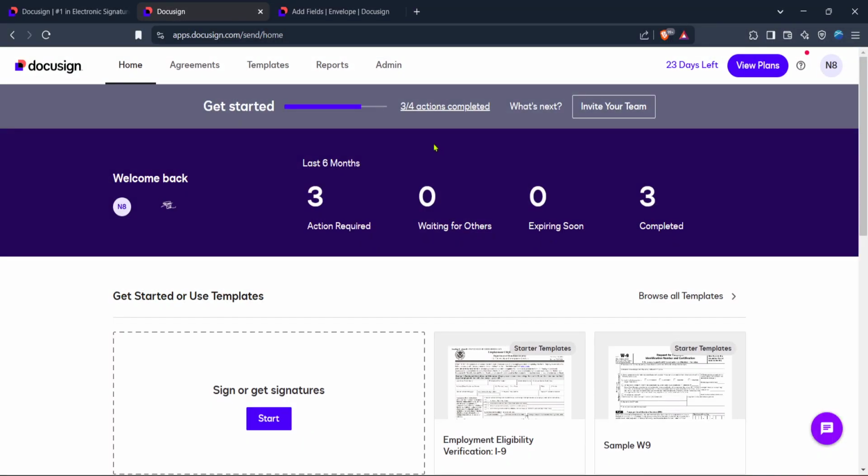Next, from the DocuSign homepage, you'll need to locate and click on the Admin tab. The Admin section provides you with the necessary administrative options that you need to set up integrations such as this one. Having access to the right administrative privileges is key, so if you're not seeing the Admin option, make sure you have the necessary rights or consult with your administrator.